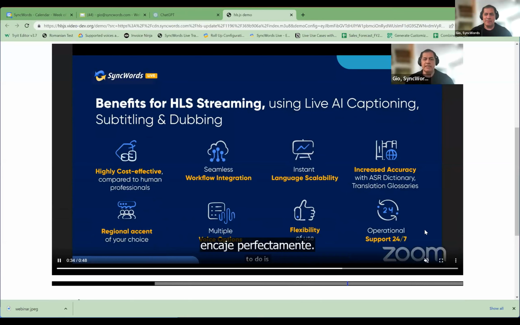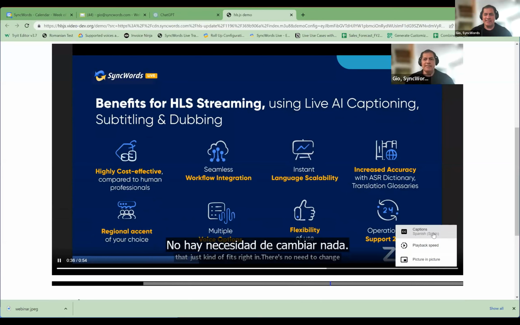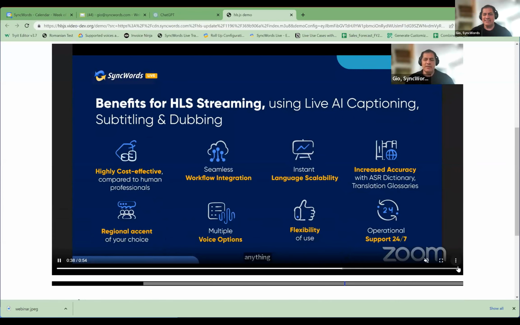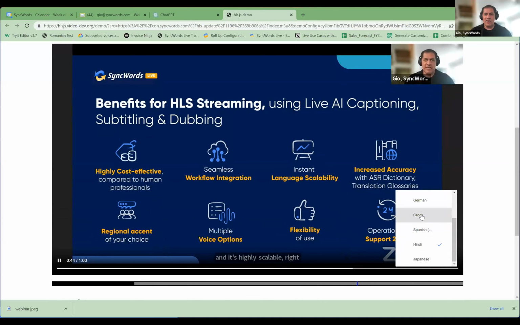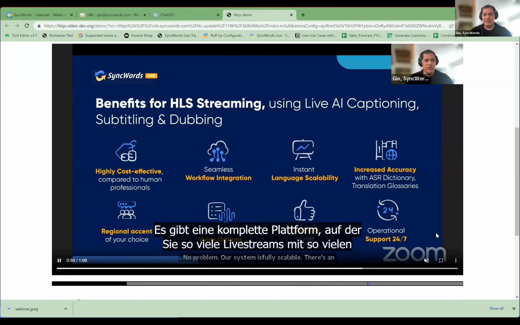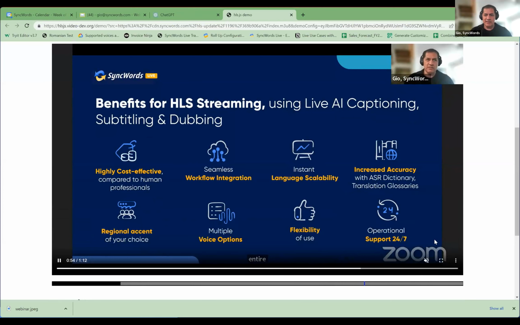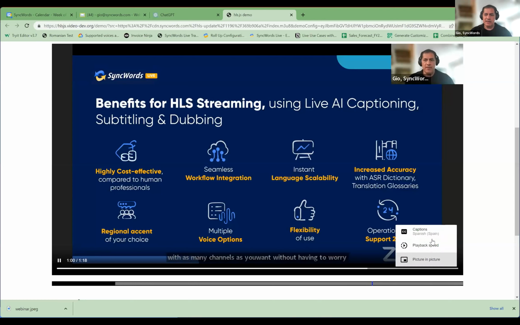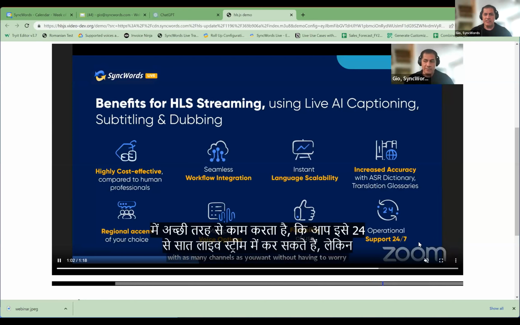We have the Spanish, there's Hindi, there's all kinds of languages there that are ready to go. And all we need is basically for you to select that particular language, right? So if I'm translating it to these languages, the system's just going to translate to all these languages in real time. And what we're going to do is we're going to share this so that people can actually watch it,